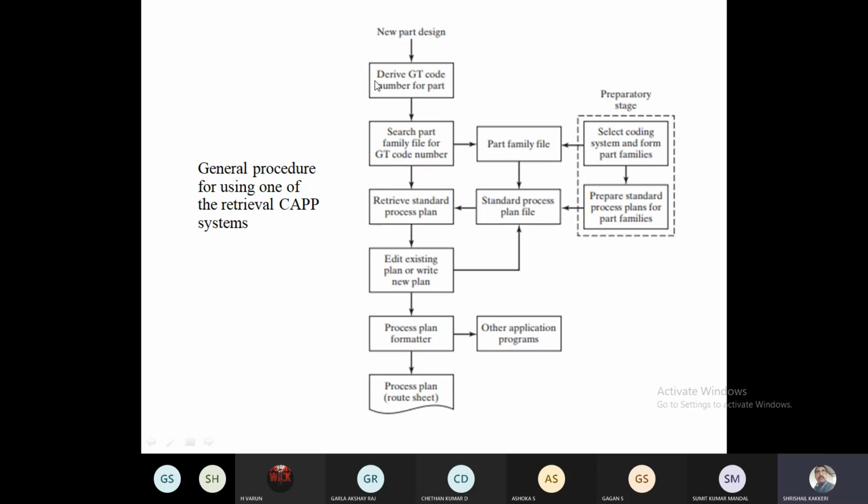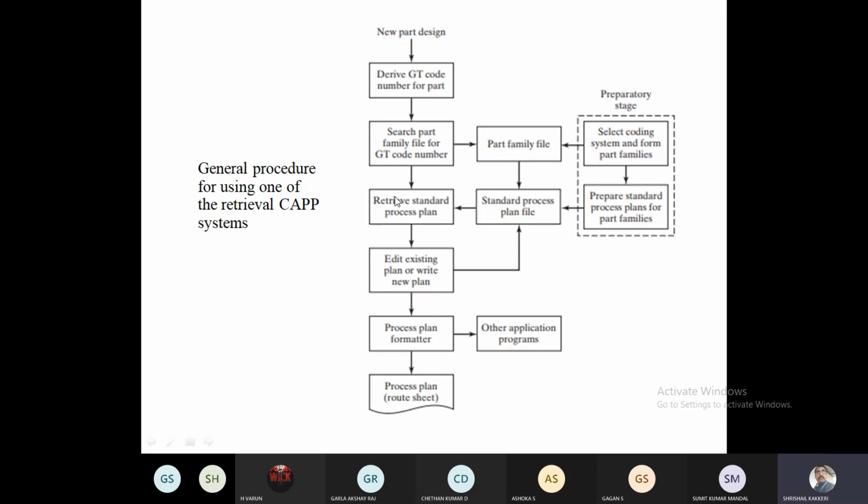Okay, once the part families are completed, and this particular part is already available in the database of our industry or the database of our organization software, it consists of, as I already told you, the retrieval CAPP I'm talking about. The retrieval CAPP system, this is what it is going to retrieve. You can see here, derive the GT code number of parts, search for the family files, and whether these are available or not, we have to search.